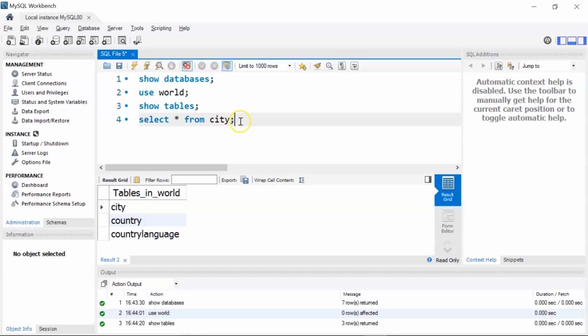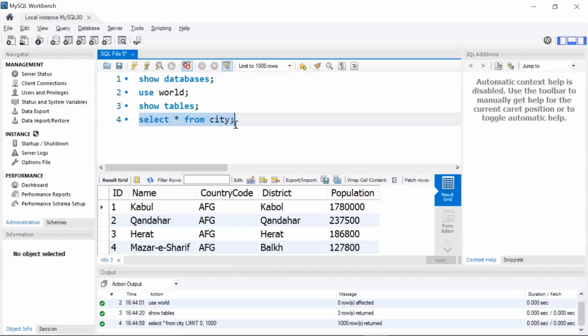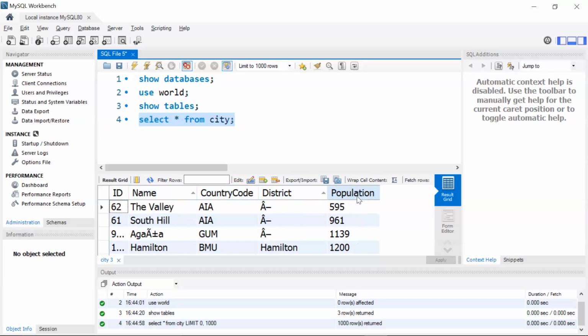This command is going to display all the rows present inside the city table. If I hit Control Enter, you can see the message here. It says 1000 rows were returned, which means there were a total of 1000 records present inside the city table. Here you can see there's an ID column, a name column, country code, district, and population.